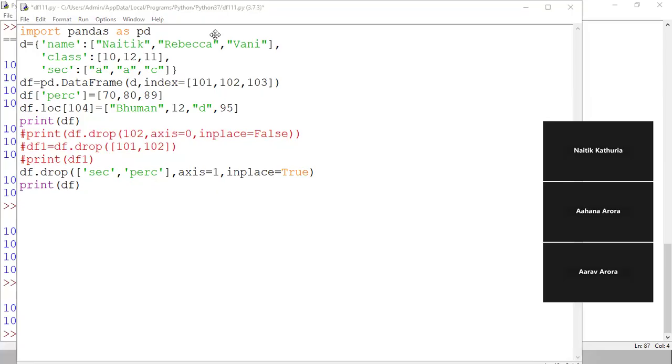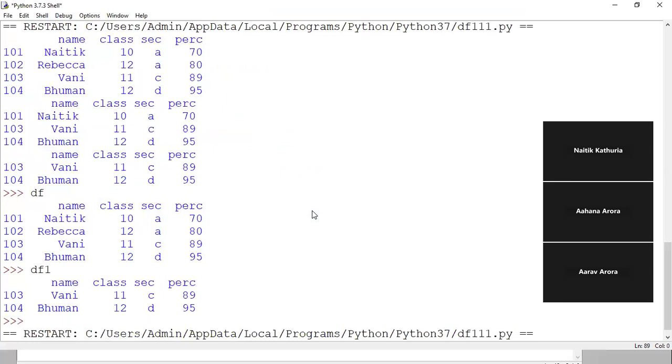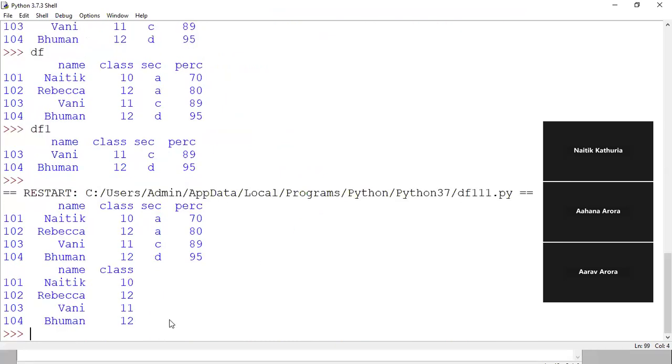Okay, let's quickly do this part. Run module. Okay, so here we have, and you can see here the section and percentage column has been permanently deleted because now I printed df after deletion. It's not there. Okay, so we learned in this class today how to create the data frame, then how to add a new column, how to add a new row, how to delete a row, and how to delete a column, both